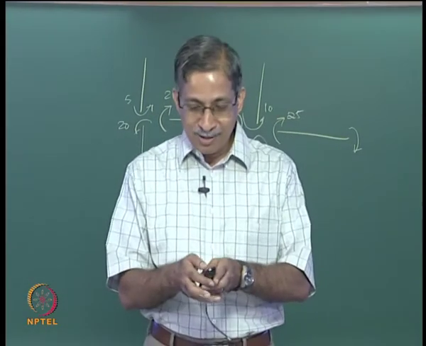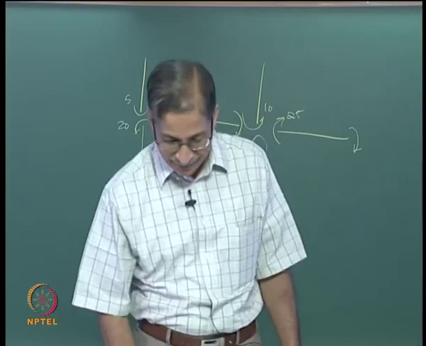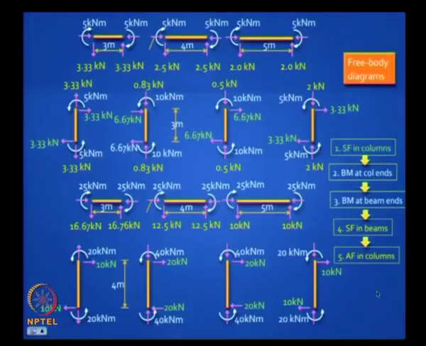Axial force in column. Perfect. How do you do that? So you see, I'm showing it step by step. How do you get it? It's the same as the shear force in the beam here. So start at the left corner. If this is 3.33, this will point in the opposite direction. This is 3.33, and if the top is 3.33, then this must also be 3.33. It's in tension.